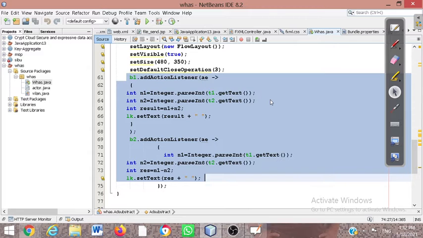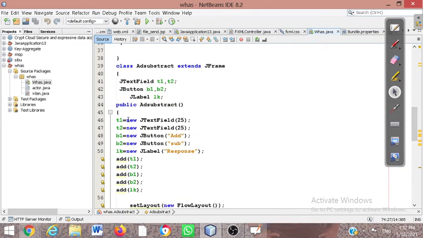Today I am going to talk about how we can perform an action on a button. In the previous class, we took two text fields and two buttons, one for add and one for subtract. Here I have the two buttons B1 and B2, and when I click on a button, each button will perform a different action. In add, the addition logic will happen, and in subtract, the subtraction logic will happen. I also took a label in the previous class, where I am going to show the result, and we added it on the Java frame.